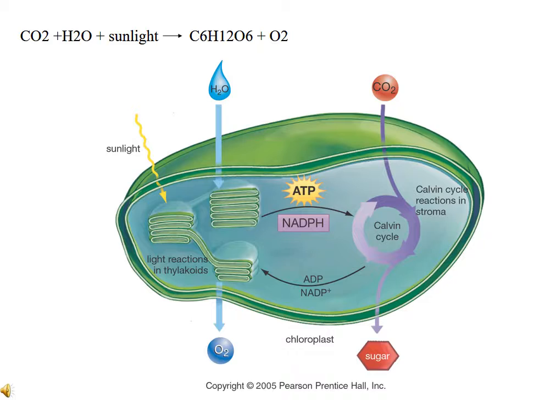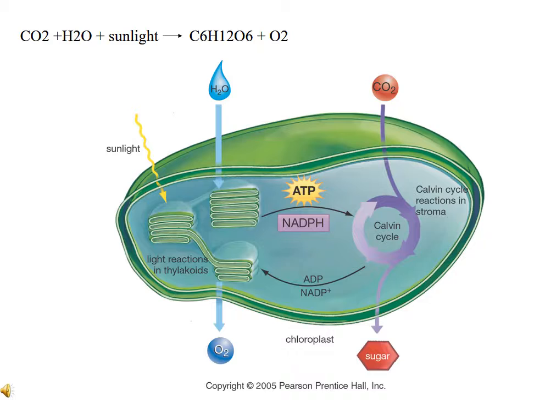This process, as you can see, also takes into account that water comes in and is broken down into oxygen, which is a byproduct. Now, if we look to the right, we see how the energy that has been captured into ATP and the bucket of electrons that we have is now used to drive this big Calvin cycle. You might think of it as a wheel that's turned and turned through the energy that's given off at ATP